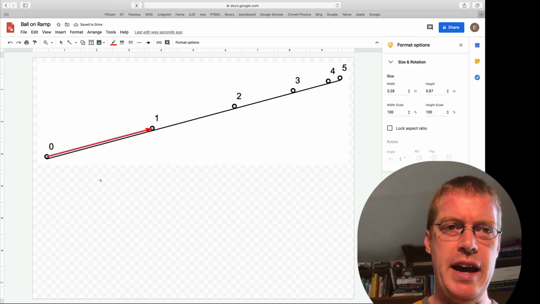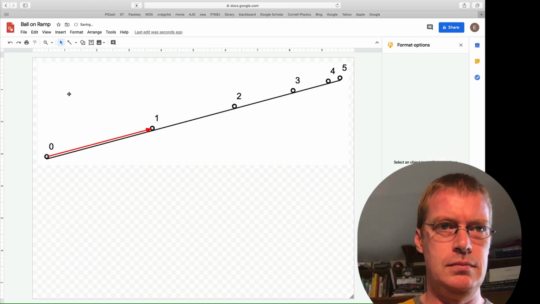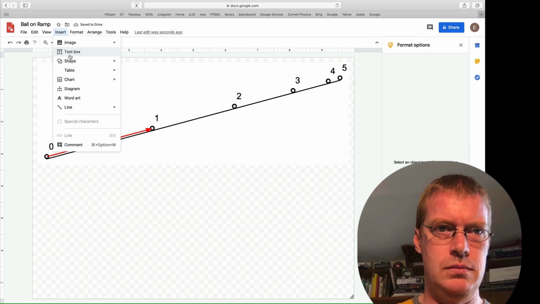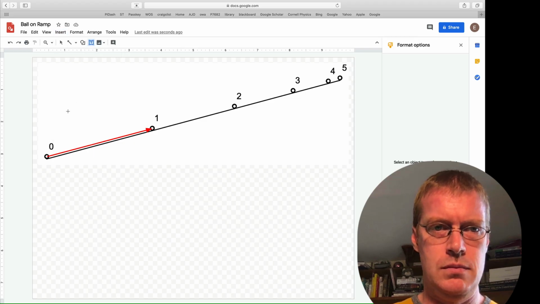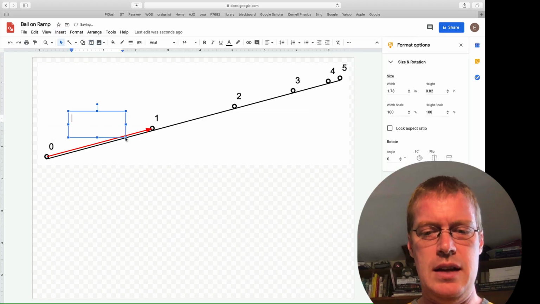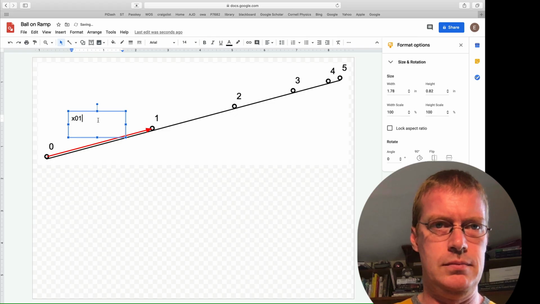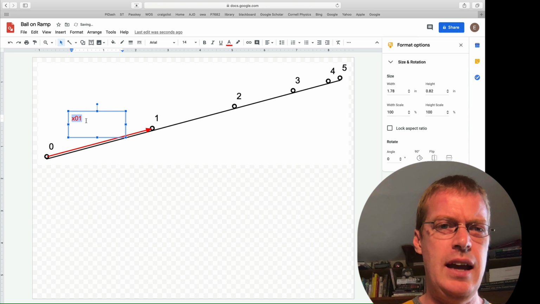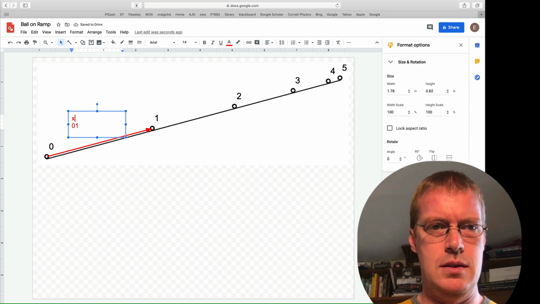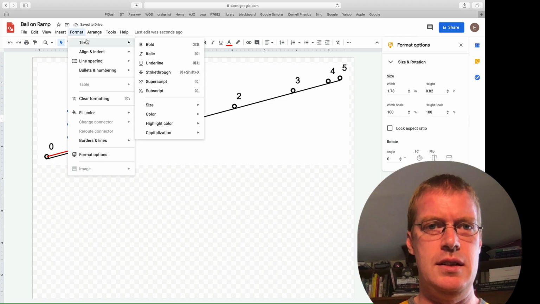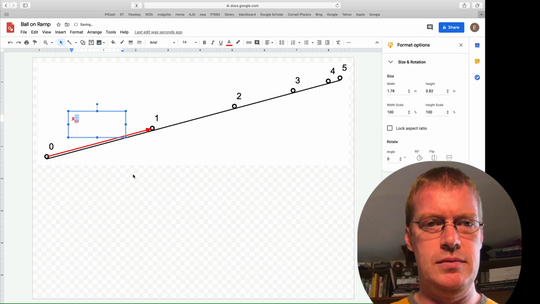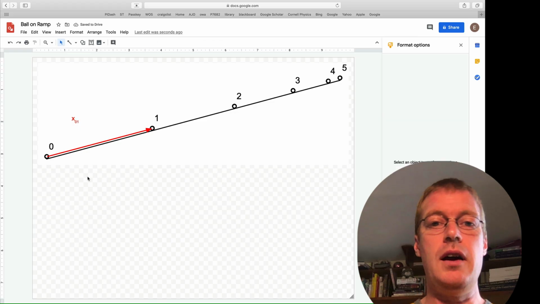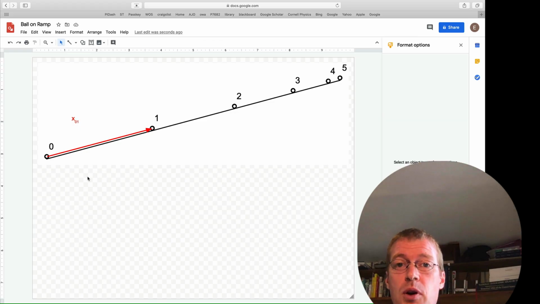And I can label that as x01. And I'd like the 01 to be a subscript, so I will just highlight the 01, go to Format, Text, Subscript. All right. One nice thing about